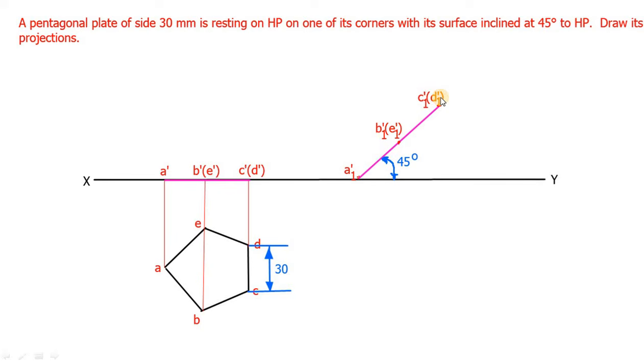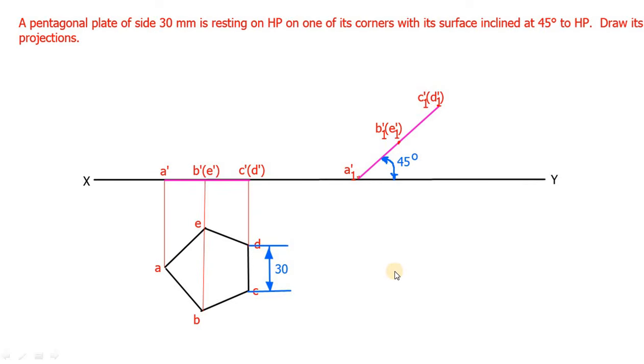See here, I have marked all the points, that is A dash and B dash. So it is reflected here as A1 dash and B1 dash. So this distance will be equal to this distance. So you can use both scale and compass. Whichever is comfortable for you, you can use that to mark this point. Similarly, B dash and C dash distance will be equal to this distance, that is B1 dash and C1 dash. So likewise, you have to tilt this particular line 45 degree to XY. Okay. So next you have to project all the corners of this front view, that is the second position front view.